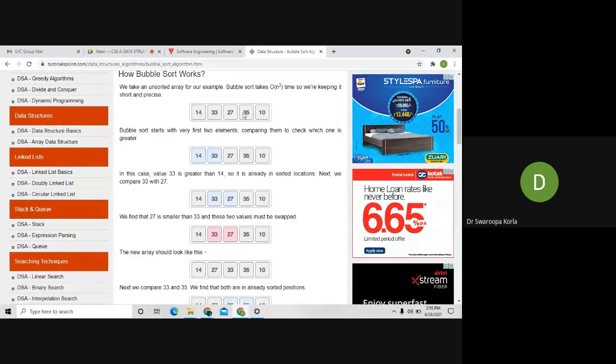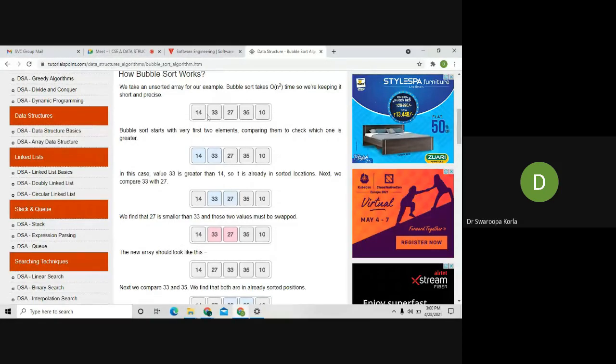Let us take it as an array A. A of 0 should be compared with A of 1. In sorted order, first we should have the lesser element, later the greater element. It satisfies that condition, so we are not going to swap. And let us increase our index pointer.